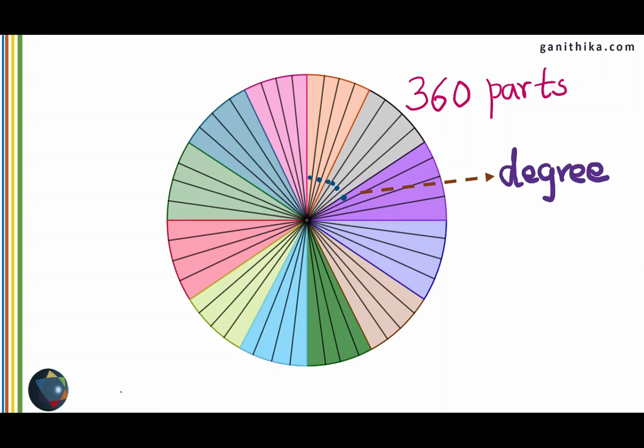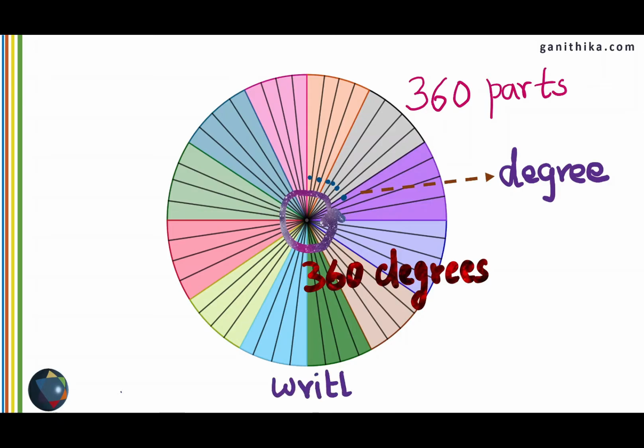So when a circle is cut into 360 equal parts, the angle made by one part is called a degree. So degree is a unit to measure the angles. So in a circle, we have 360 degrees. You have learned that a full circle makes a complete angle. Therefore, a complete angle is actually equal to 360 degrees. And it is written as 360 with a small circle on the top. The small circle on the top of the number indicates we are measuring the angle in terms of degrees.